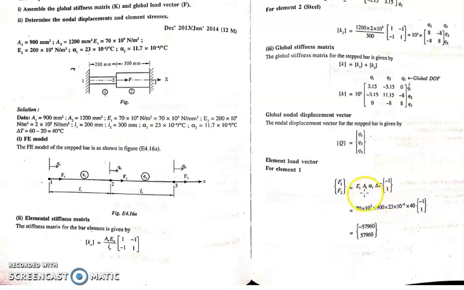Then Young's modulus is given, area is given, coefficient of thermal expansion is given. Delta T is what? This is the change in temperature. Initially it was 20, after application of the force it is 60. Then the change in temperature is 40. You can see here 60 minus 20 is 40 degrees centigrade. Keep it in degree centigrade only. No need to convert it into kelvins. So this is the formula, with minus 1 and 1. You just find this product, and you will get 57,960. One is minus, another is plus.